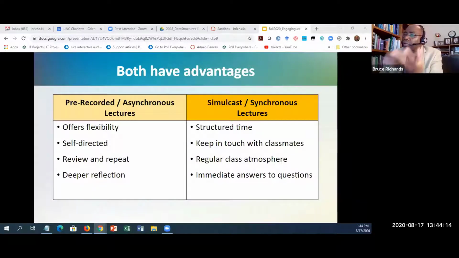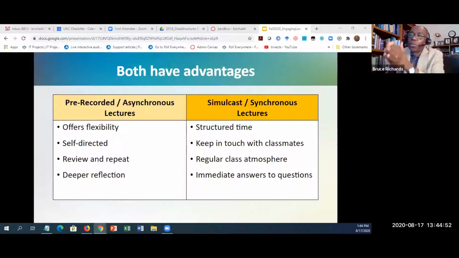As we look at synchronous and asynchronous, both have advantages. I don't need to read all of this, but for me, as an instructional designer and as one who has taught courses, I believe very fervently that if we develop a very strong course that is foundationally built on an online course foundation, with strong navigation and strong learner design, we're able to give the students that self-directed way of learning.